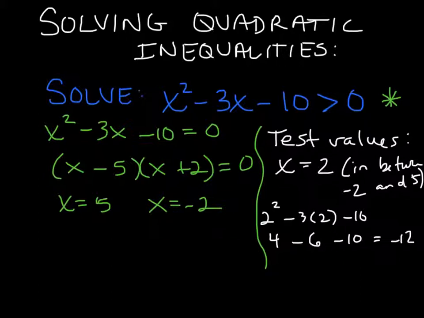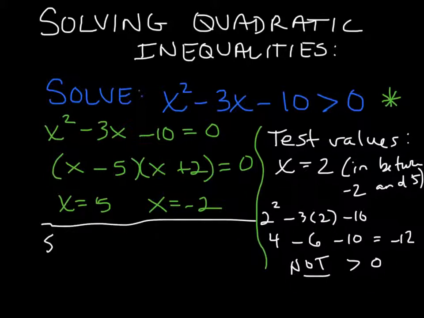So if I plug in a 2, I get out a negative 12. So that is not greater than 0. My output's not greater than 0. So I know my solution set is not in between negative 2 and 5. My solution set, oops, sorry about that. Let me rewrite that. My solution is outside of